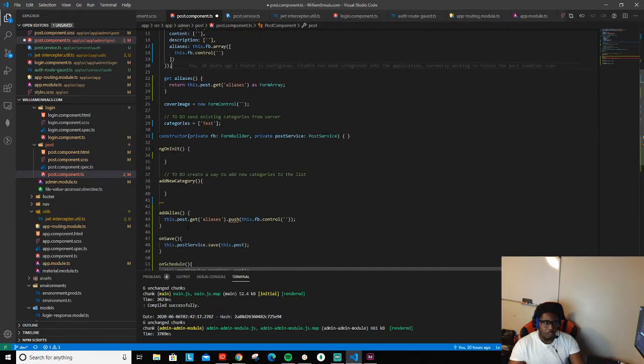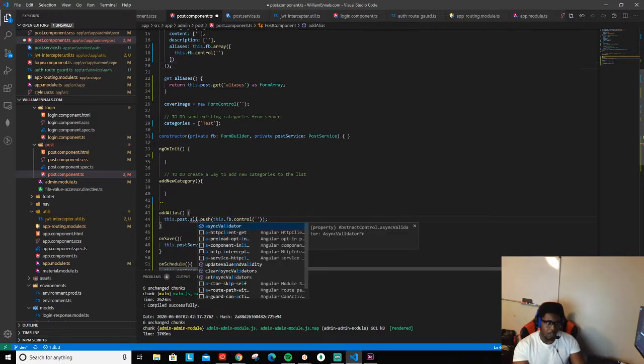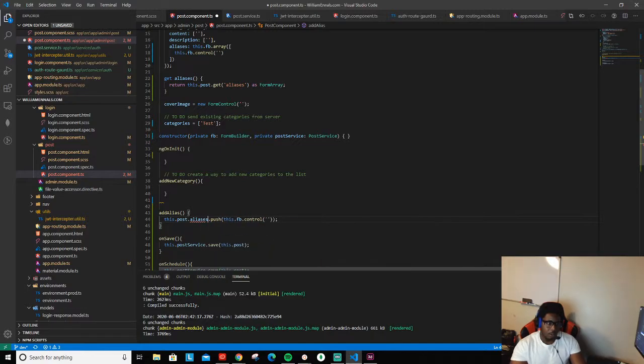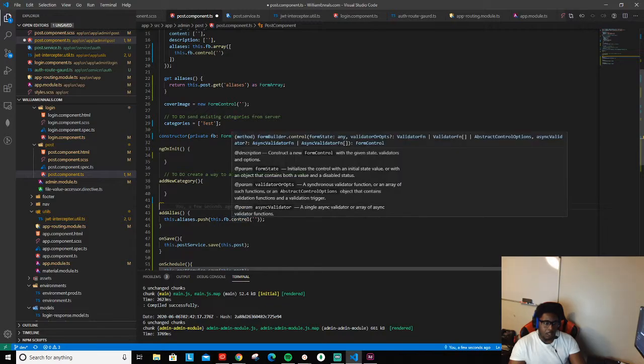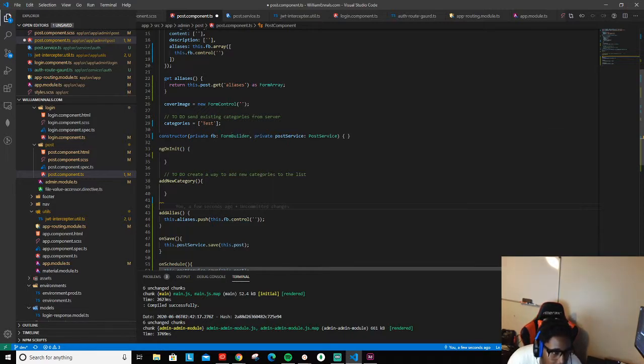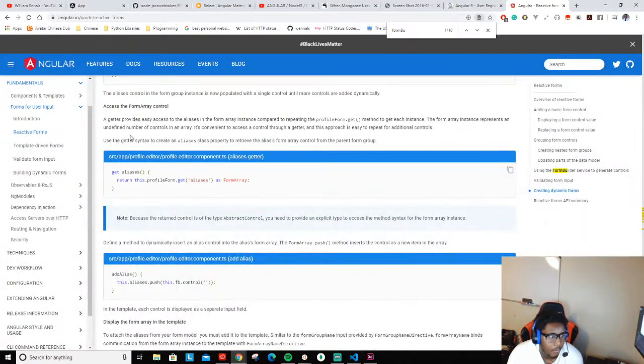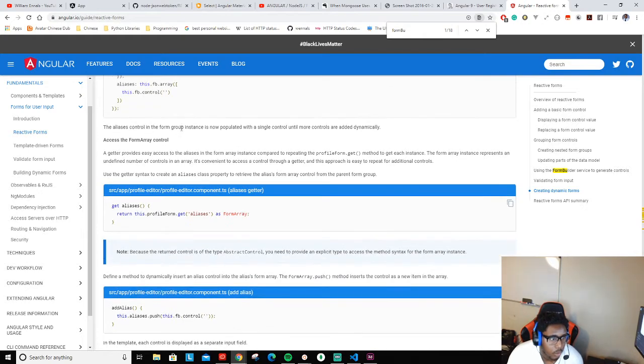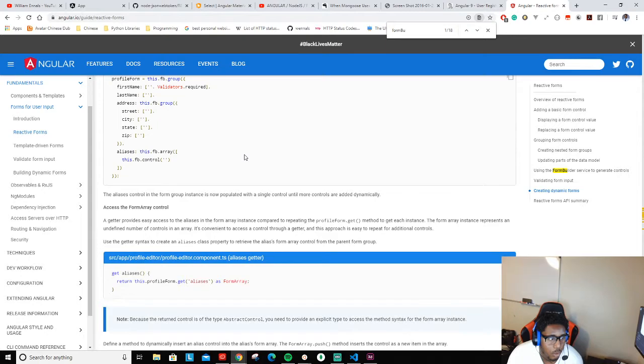So now we can say this dot aliases, and when we type this alias stuff in here, we're actually talking about that getter on aliases. So you see that, and then we do dot push this dot form builder dot control. In this particular case, I don't know what the name of this is going to be. The aliases control in the form group instance is now populated with a single control until more controls are added